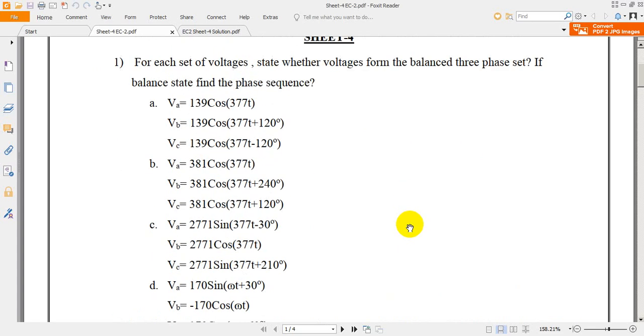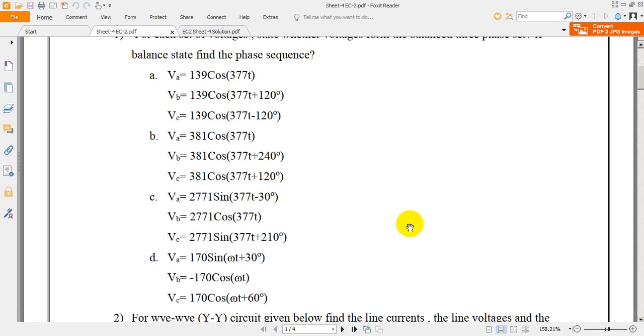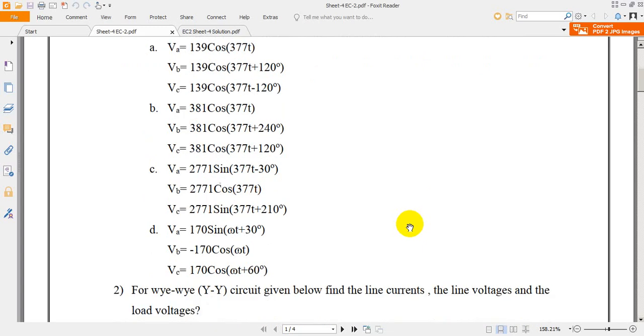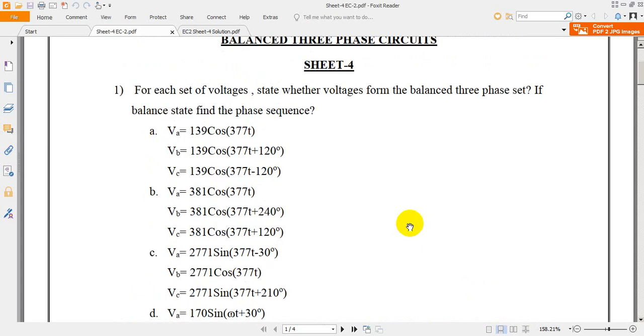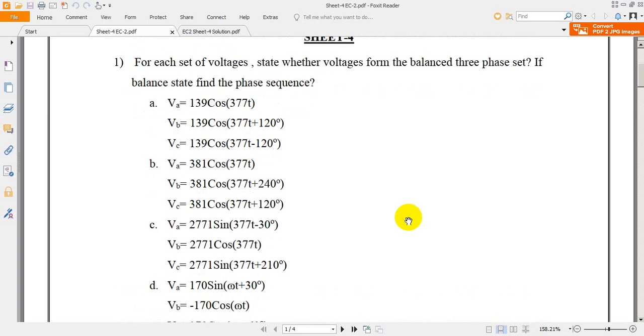To start with, we are having 4 sets of three-phase power supply. We need to identify the phase sequence, and also we need to identify whether the system is balanced or not. To start with,